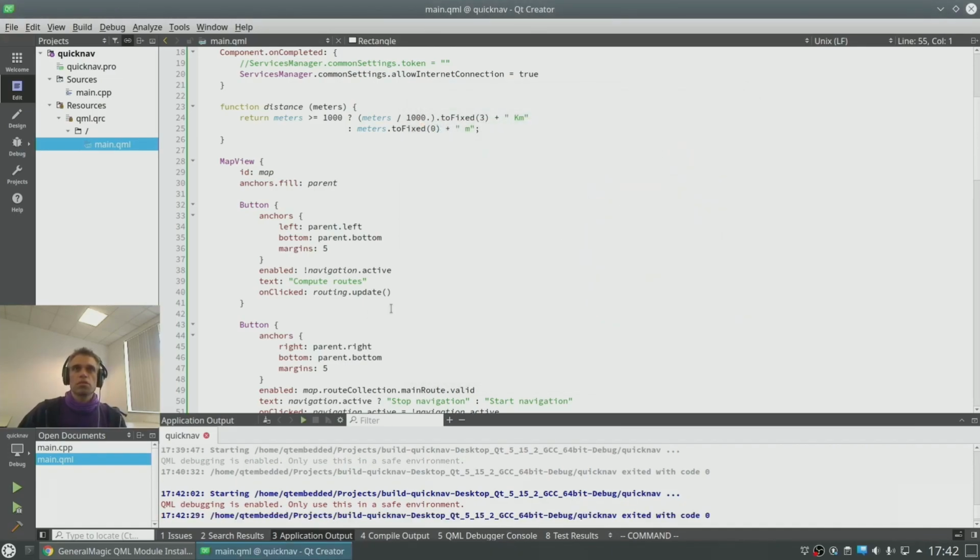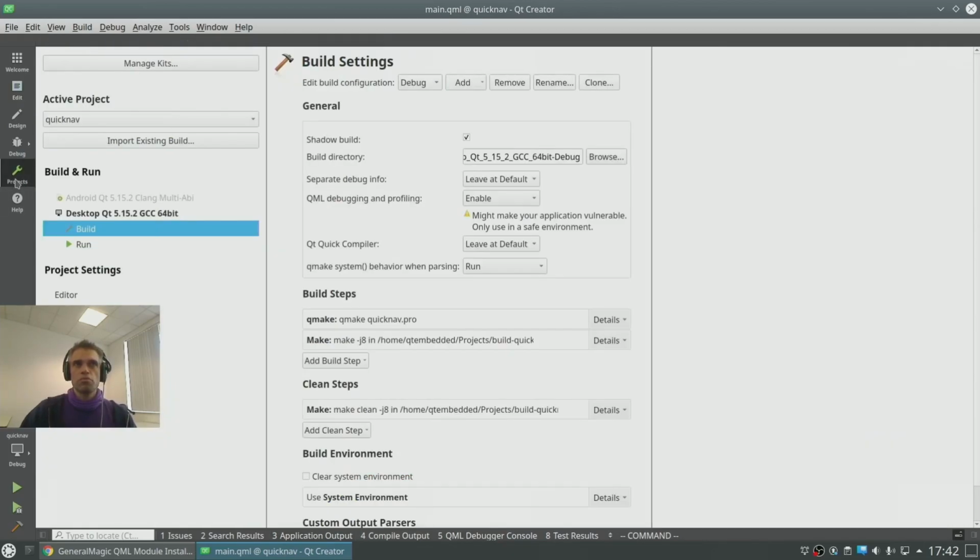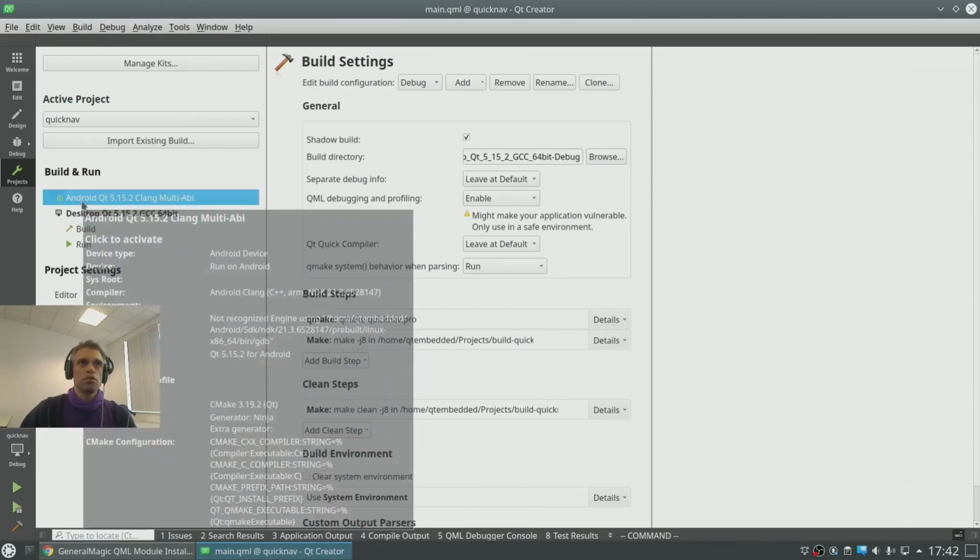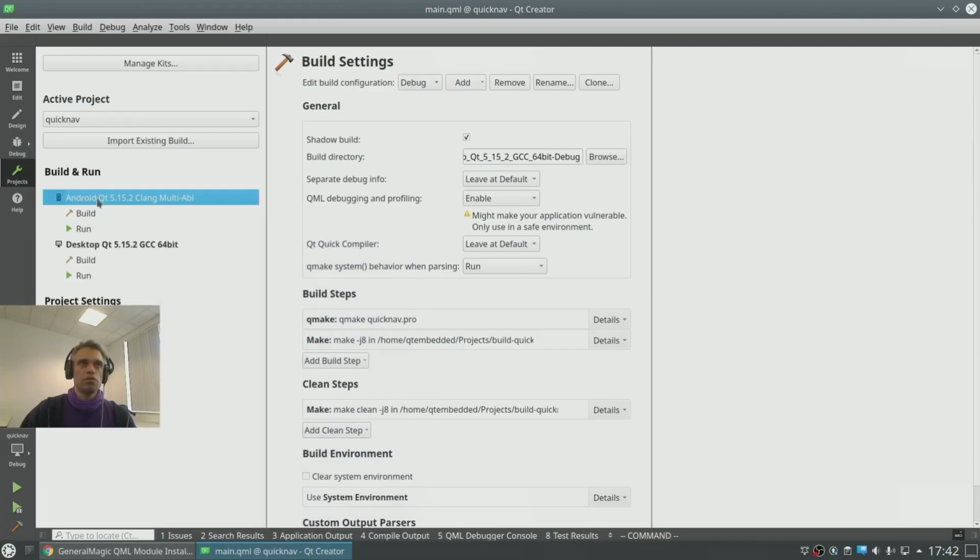Now, let's see if we can get this to work on Android, and how difficult that is, and what code changes we would have to make. So we go here to projects, and we see the desktop Linux is selected. We'll select Android instead.